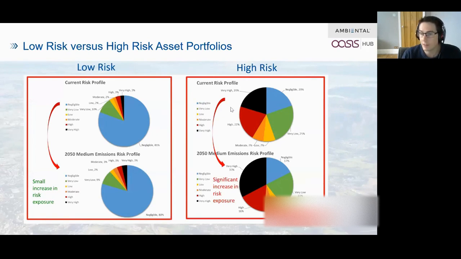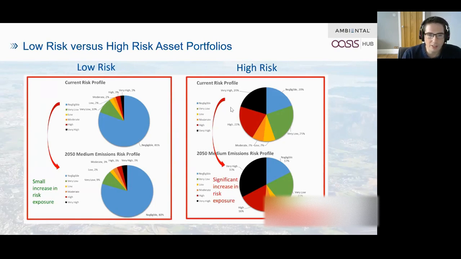So what we've done is aggregated the risk in this case. So we've got risk summarized into 6 bands rather than the 0 to 100. So we just washed it into 0 to 5, by reclassifying it. And this could be an asset manager's portfolio, insurance portfolio, whatever really. And what we're trying to do is say, all right, let's take right now, project it to 2050 under the medium emissions profile. We're going to follow that one. And let's just see what the shape of risk looks like as a pie chart in this case, at that point in time in the future or thereabouts. And what we found is quite interesting.